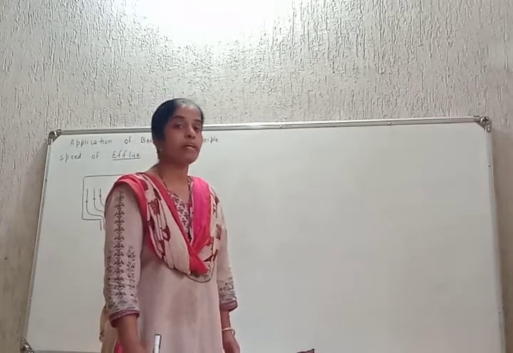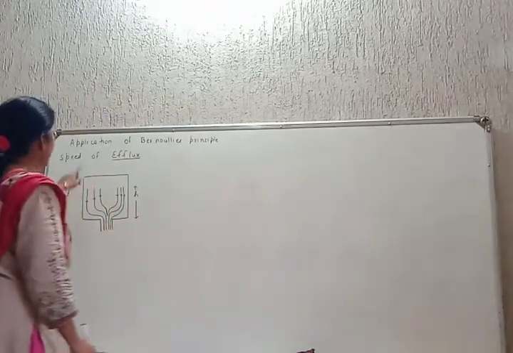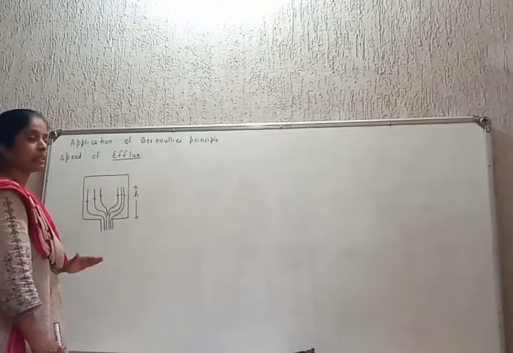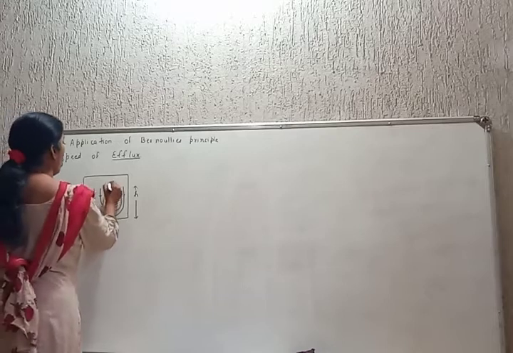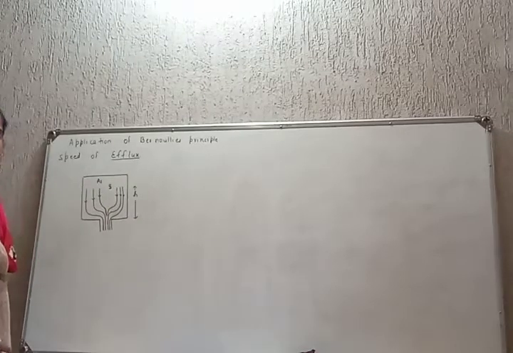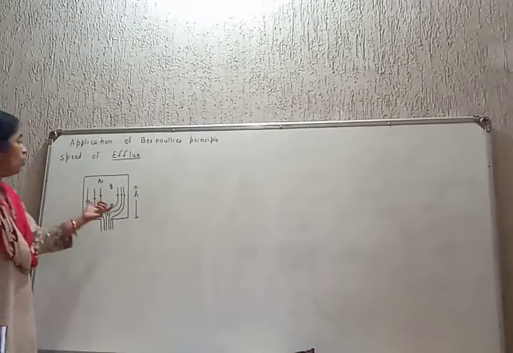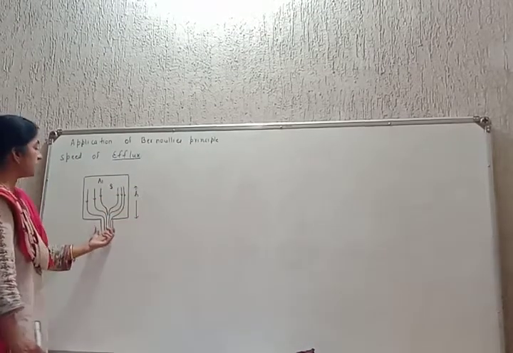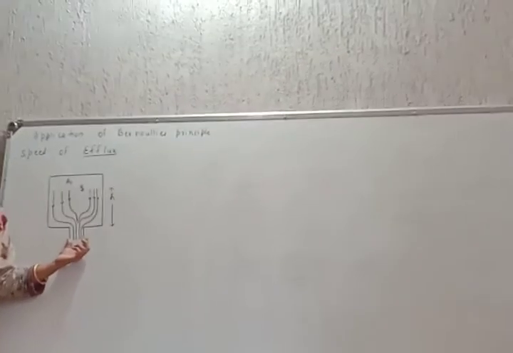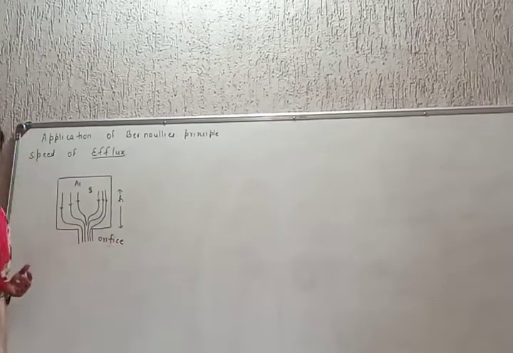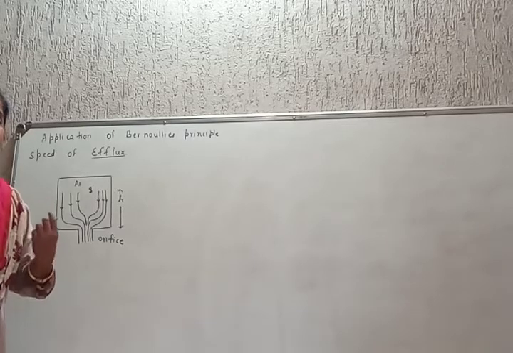Point number 2 here, consider an open container, an open tank not covered from above. Consider an open container containing a fluid of density rho. Let A1 be the area of cross section of the open container, to which the fluid is filled to a height h. There is a small little hole provided at the bottom of the tank, which we call an orifice. It's an Italian word. So what is an orifice? Orifice is a small little hole provided at the bottom of the tank.